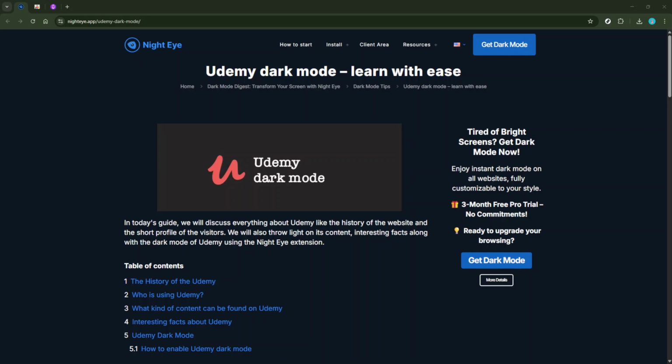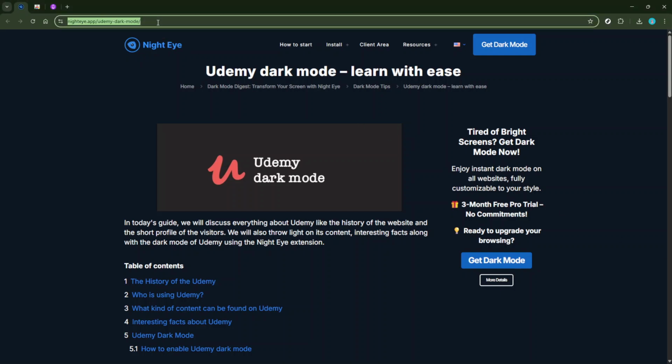First, what you'll be doing is installing a helpful browser extension that can turn the typically bright white background into a more comfortable dark theme. This not only makes it easier on your eyes, especially in low light conditions, but also gives your Udemy experience a whole new modern feel. To start, you'll want to install an extension known to work well with Udemy for this purpose.